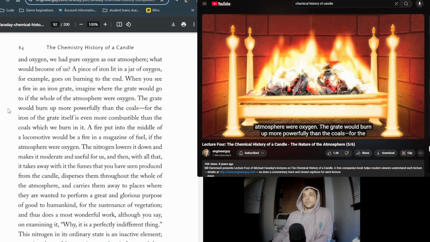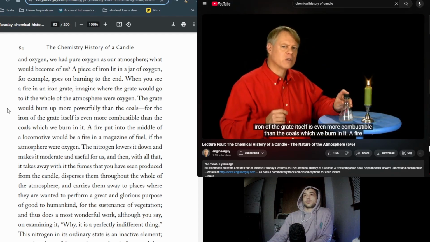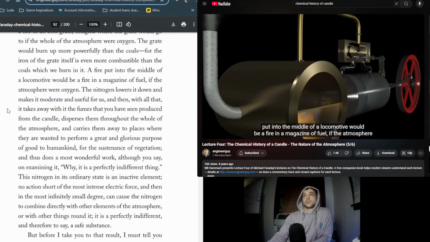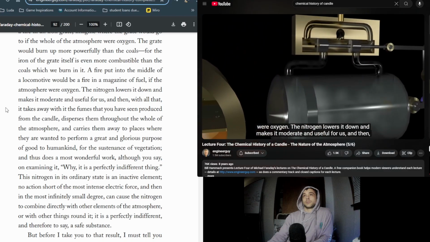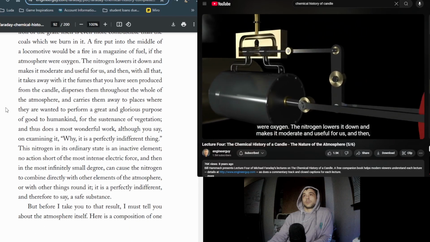The grate would burn up more powerfully than the coals, for the iron of the grate itself is even more combustible than the coals which we burn in it. A fire put into the middle of a locomotive would be a fire in a magazine of fuel if the atmosphere were oxygen. The nitrogen lowers it down and makes it moderate and useful for us, and then with all